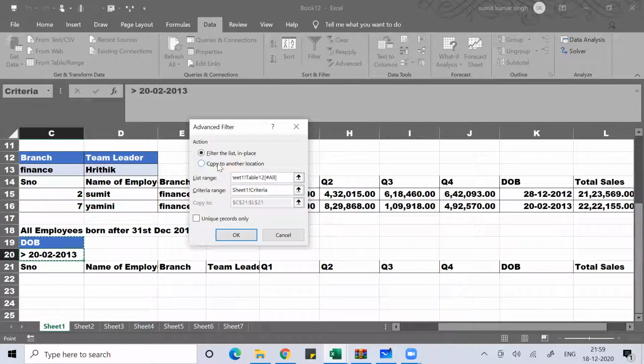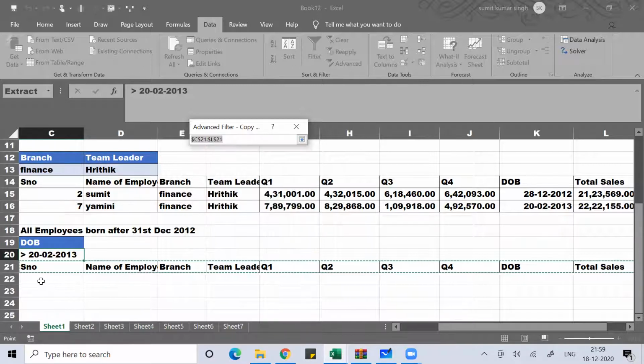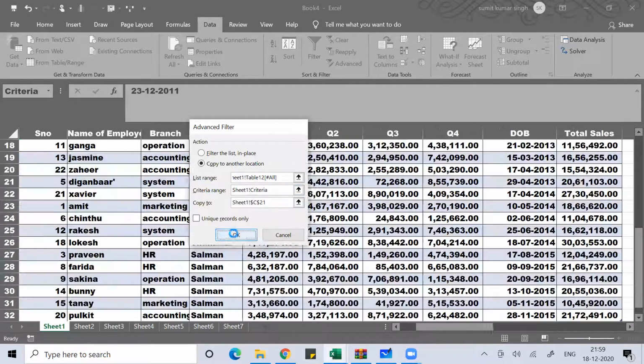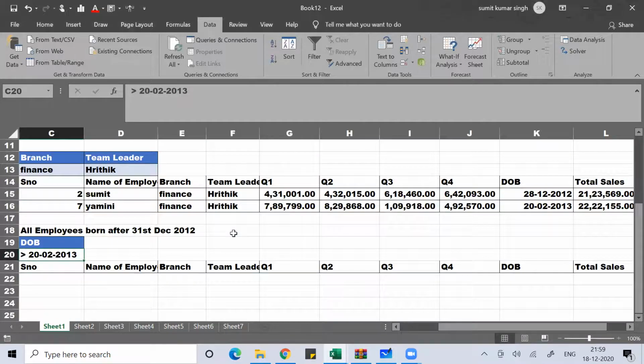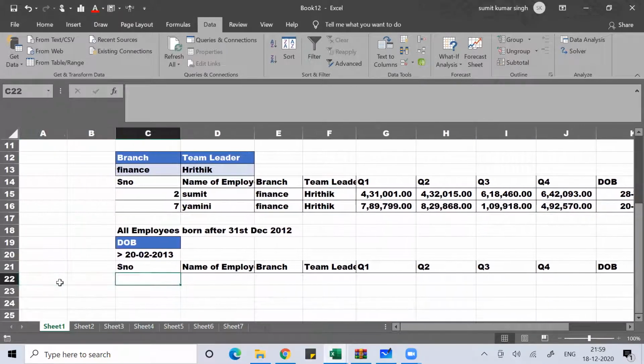Okay, and copy to another location. Okay, and where you want to copy, maybe here, press OK. So no data is coming for this.